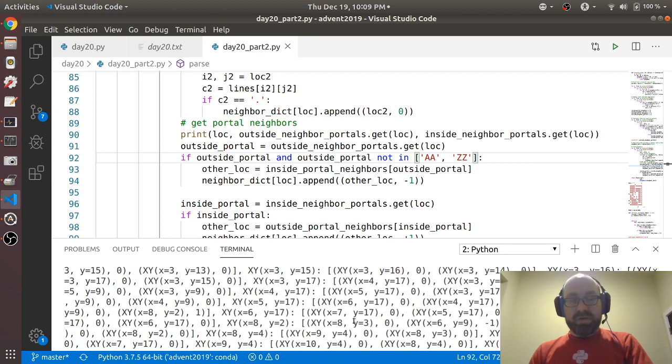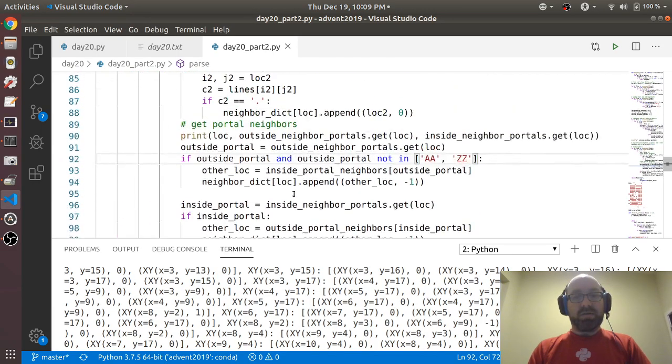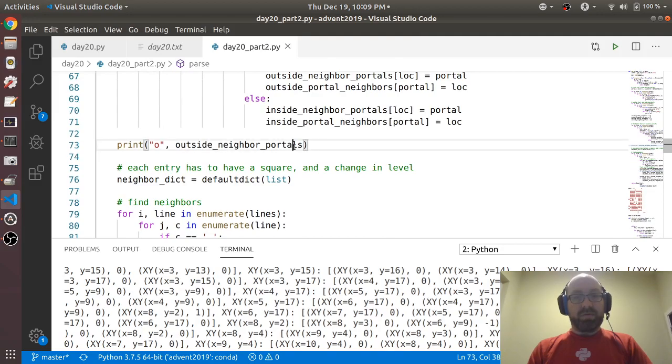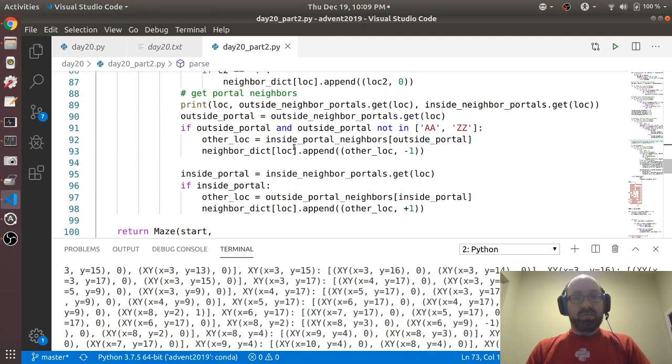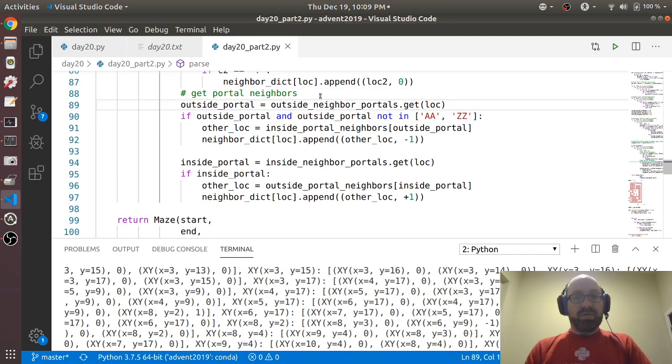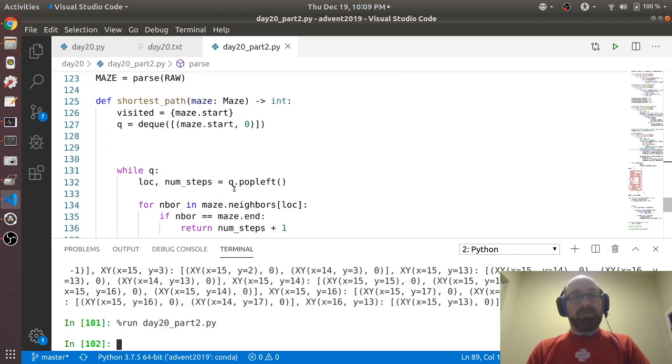Okay, now 8.2 goes down a level. Okay, so I think this is good now. So let me remove this print statement and remove this other print statement, and make sure I got rid of all those extra print statements. Okay, good. So now I need to rewrite my shortest path,